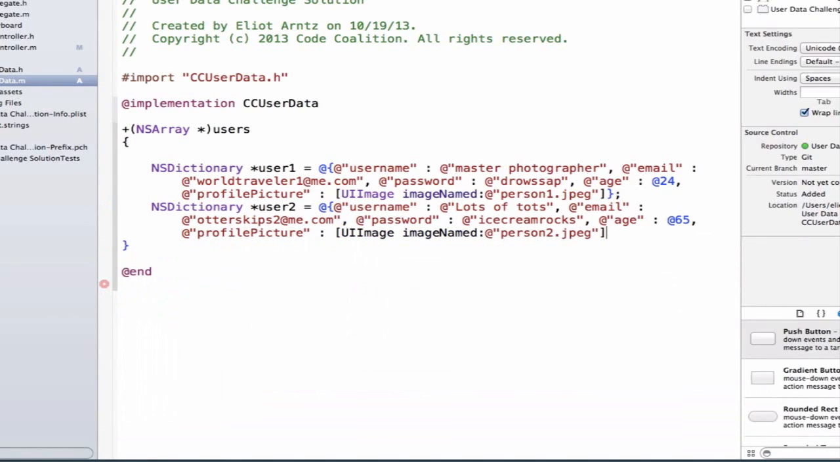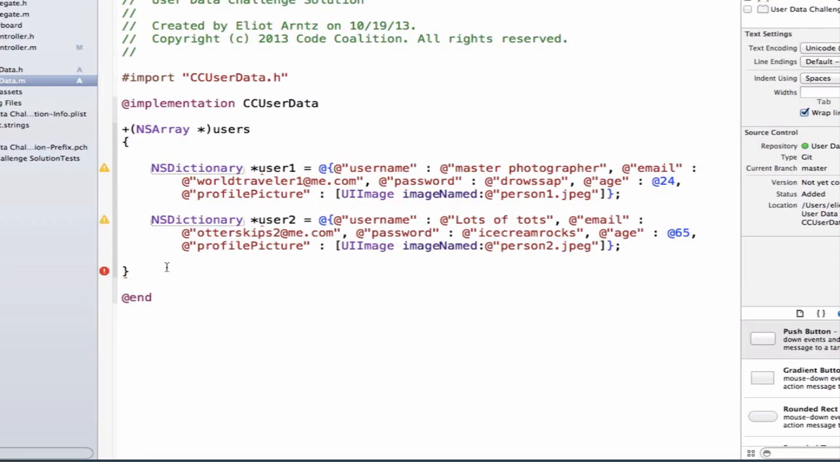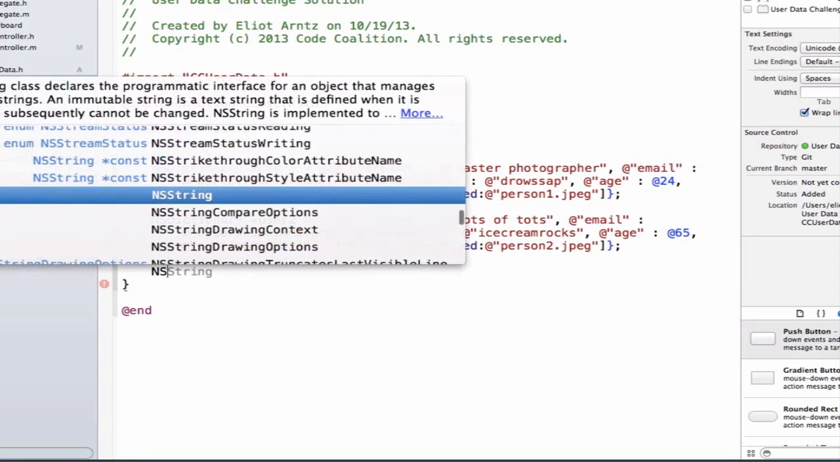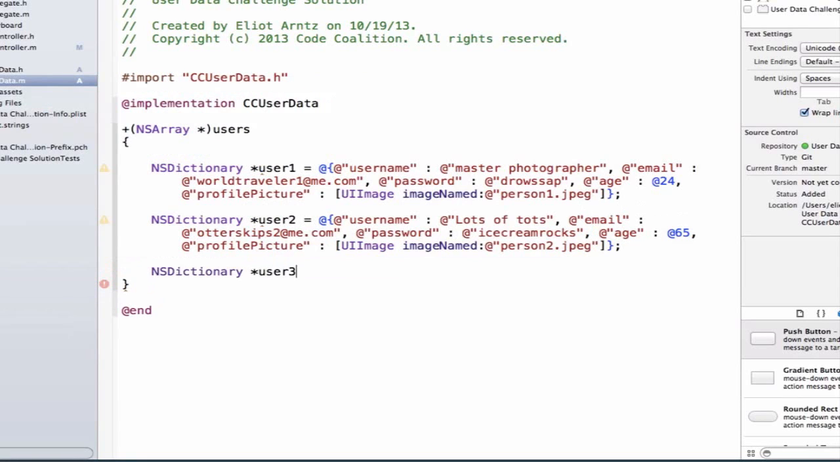Oh, I forgot a curly brace here. Curly brace, semicolon. So now our user 2 is set up properly. And we just need to set up our user 3 and 4. So let's go ahead and create another NS dictionary. Let's create user 3. And we're going to do at curly braces because we're going to use our literal syntax